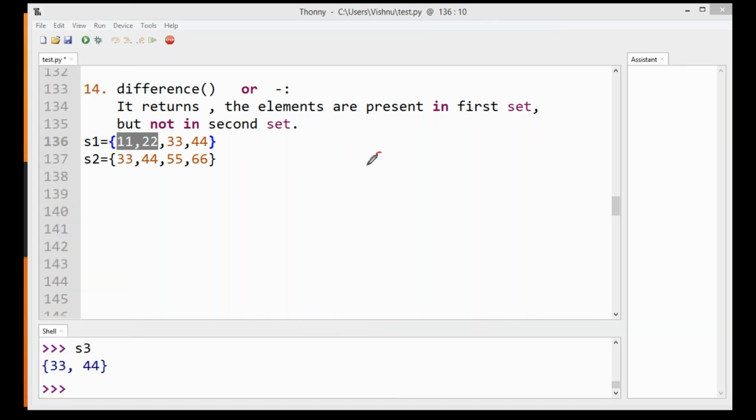S1 minus S2 means only this part, but not the intersection. Only 11 and 22. The common elements, 33 and 44, are not written.